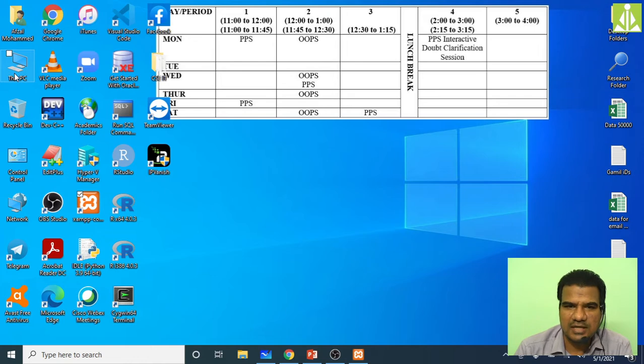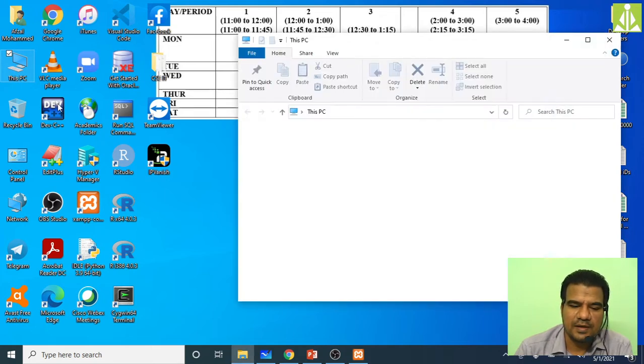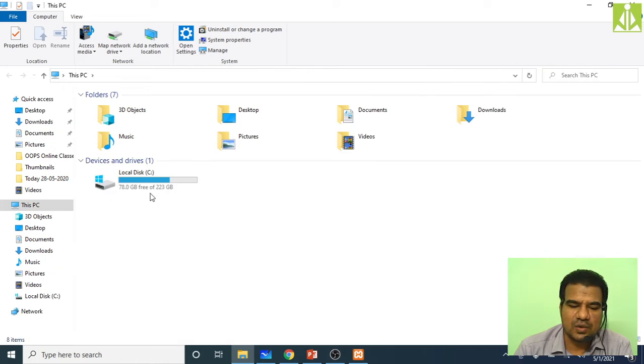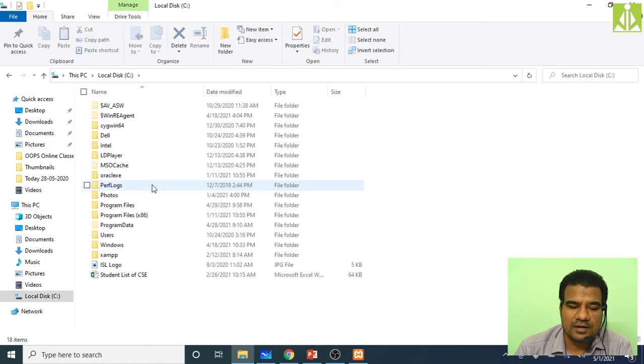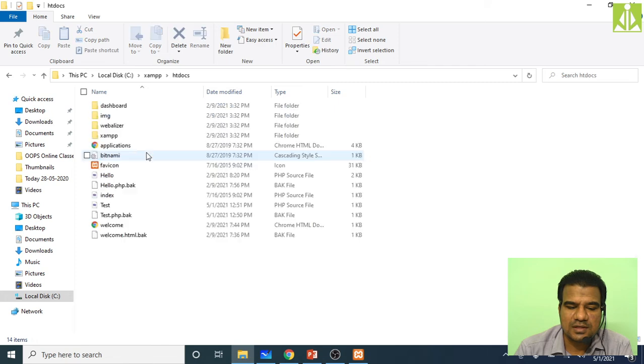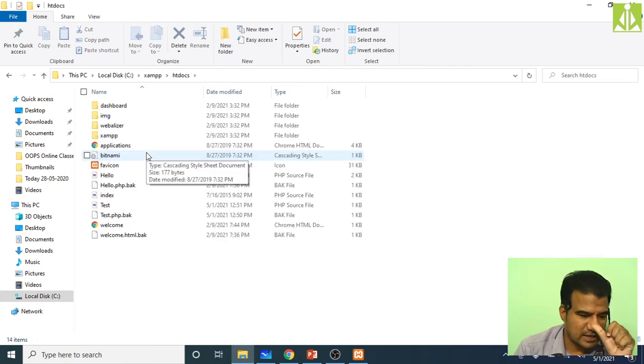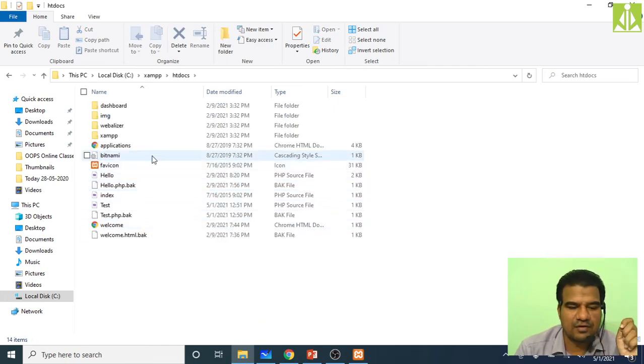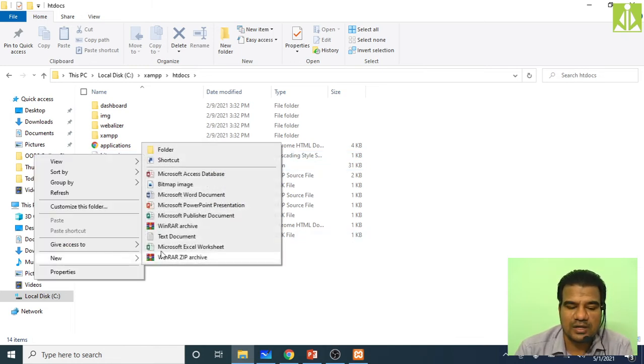So then what we have to do, get to the htdocs folder, and in that folder check for your files, and you can write the files over there and you can practice from there. So how we can get into the htdocs? Open This PC, then inside it go to C drive. Inside this C drive, XAMPP folder, then inside this XAMPP, htdocs. Inside htdocs, whatever files we have over here, don't change them, just create your file over here.